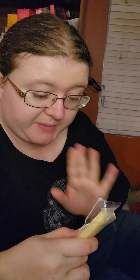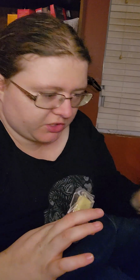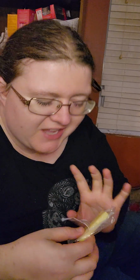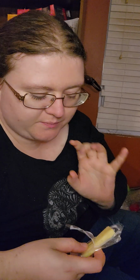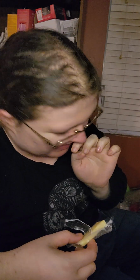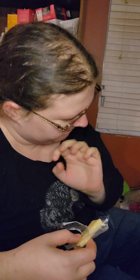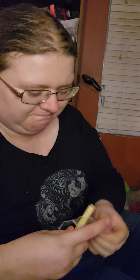Okay, so, I got a whiff of this one when I opened. This is a spiced apple cheddar. It is the worst smelling cheese out of the bunch so far. It does not smell the most pleasant. It is spices and very faint scent of apple, and maybe it's sage. I don't know. There's some spice in there that I'm smelling that is just making me not want to eat it. But